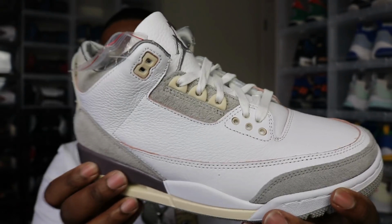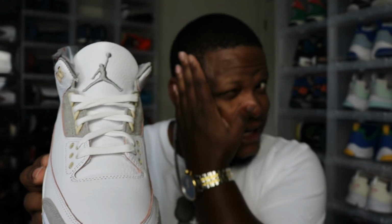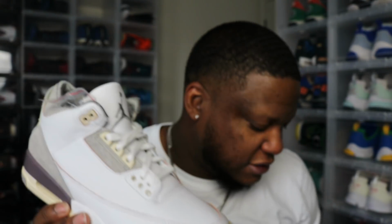And I like the fact, I wish the Mochas would have been like this. They've been sleeking down the Jordan 3s lately as far as not making them look so bulky on the tongue, and on this shoe it doesn't look as fat as it usually looks. I wish they would have done that to the Mochas, because that Mocha was one of the last shoes that had all that fatness on it. That shoe just looked super fat. And Jordan 3s are known for looking fat anyway, but the OGs didn't look like that. On the other shoe,